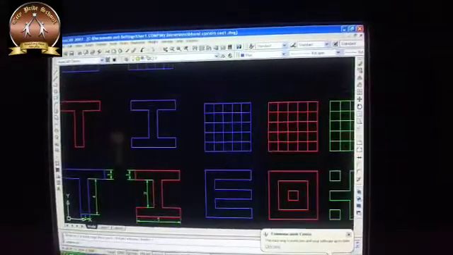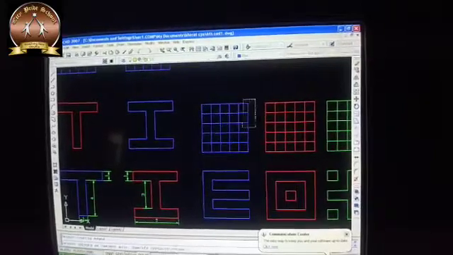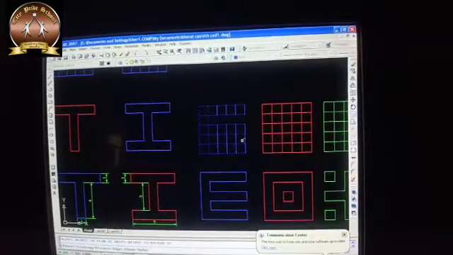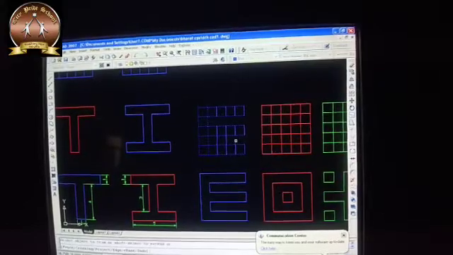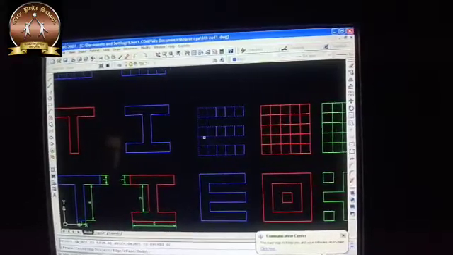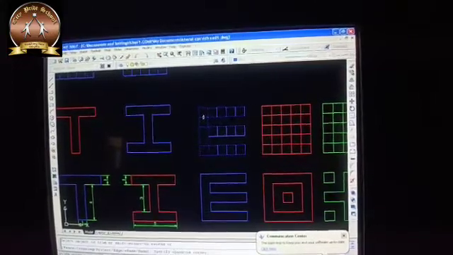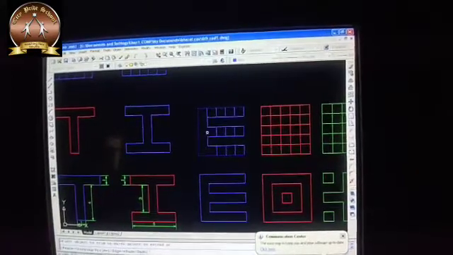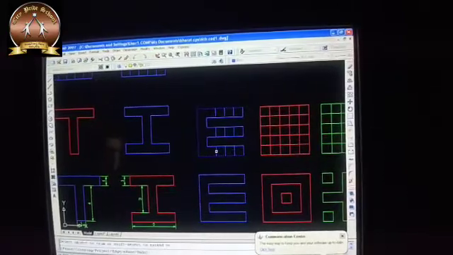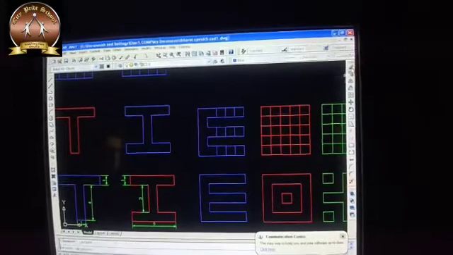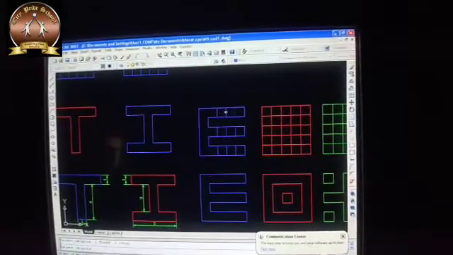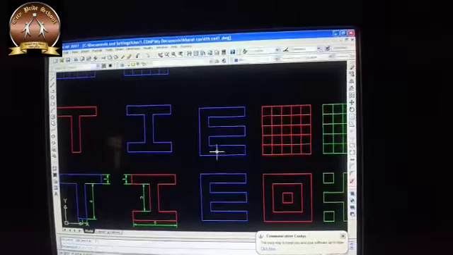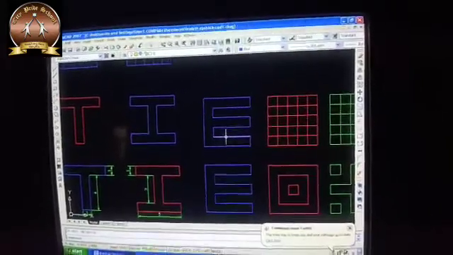Here suppose you require an E. So what you will do, directly go to the trim, enter, and delete the lines which are not required in the E shape. Just click, okay. You can click this, and like this, the lines will be erased automatically. The remaining line that does not trim, you can just erase: close the command, go to erase, click these three, enter. You can also select with a crossing window. So you will have an E letter.